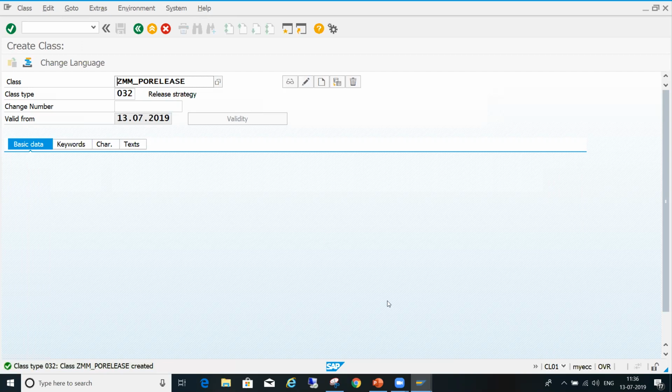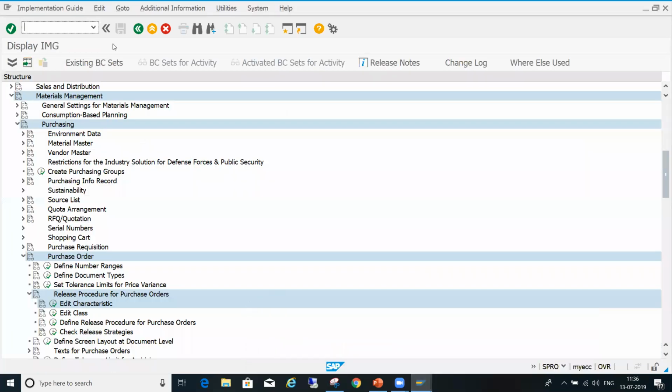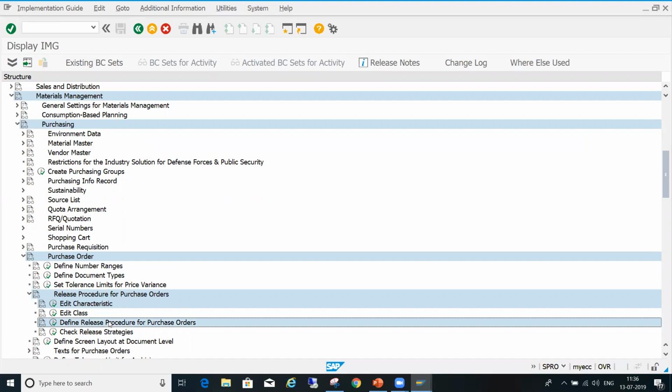Now this class, where do you have to assign it? In the release strategy. The path is SPRO, Materials Management, Purchasing, Purchase Order, Release Procedure for Purchase Order. Okay, Define Release Procedure for Purchase Order.